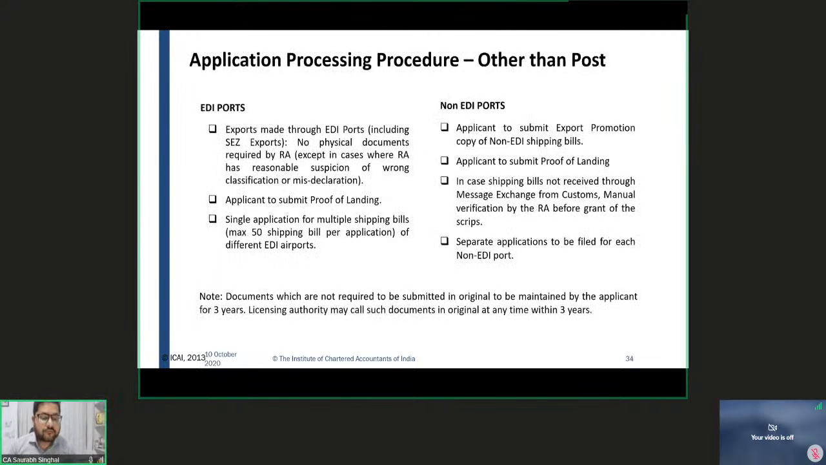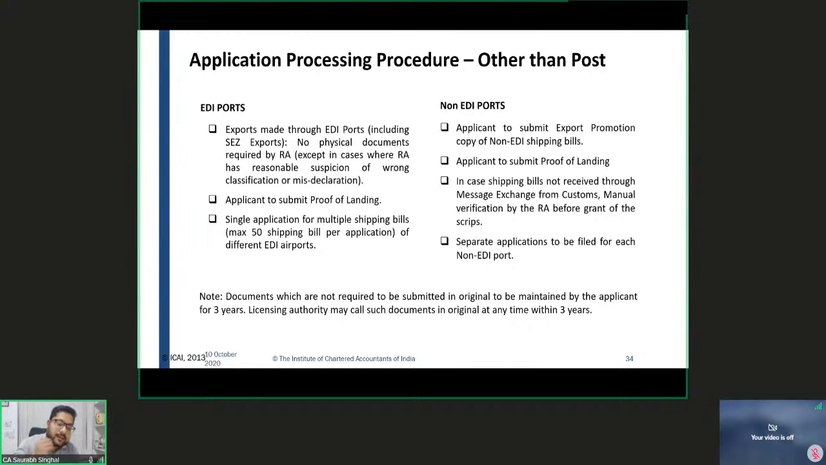Now, what is the process of this application? Basically, you file an application. The process is divided into EDI ports and non-EDI ports. In case of EDI ports, you apply for this application online. No physical documents are submitted with the RBI or with the RA. Only an applicant has to submit the proof of landing, that the goods have actually landed at the foreign port. And a single application for multiple shipping bills can be filed. Maximum 50 shipping bills can be clubbed in a